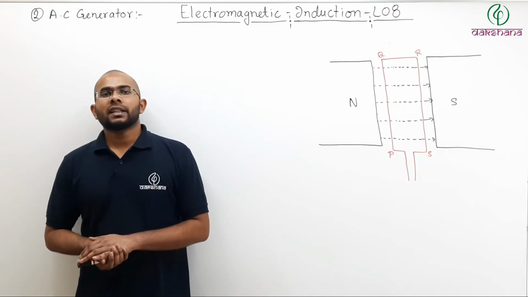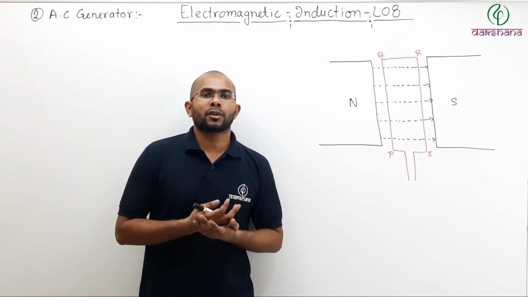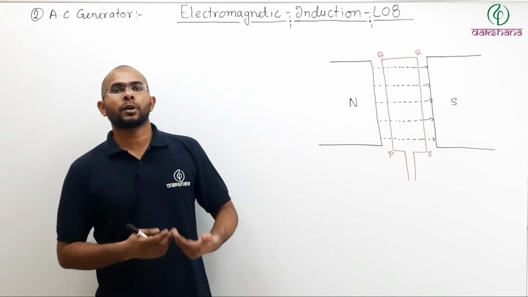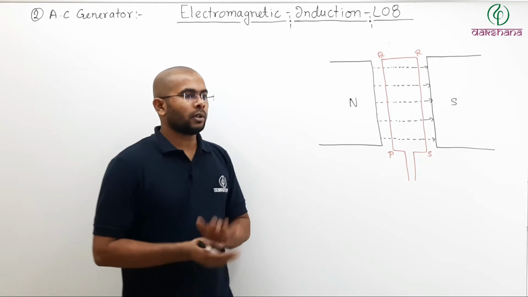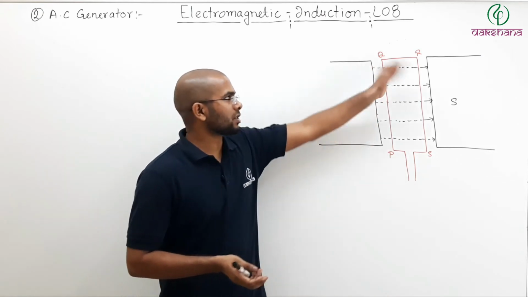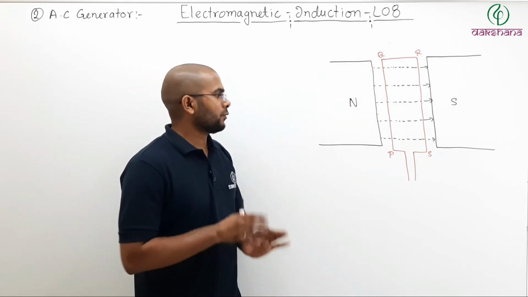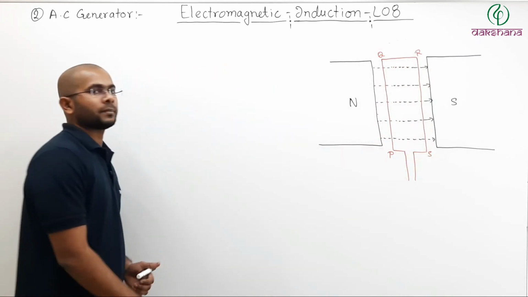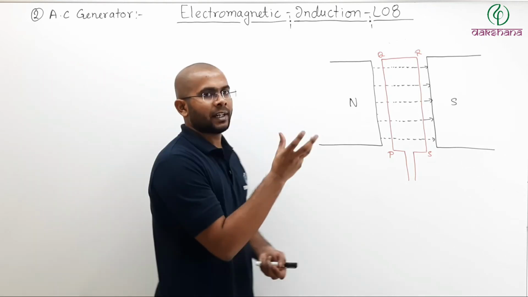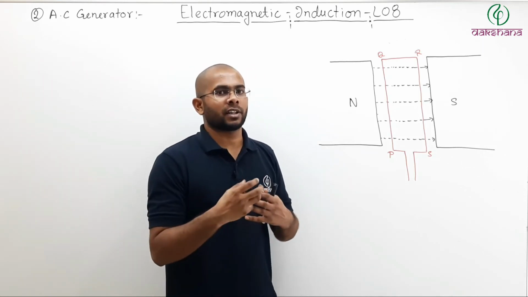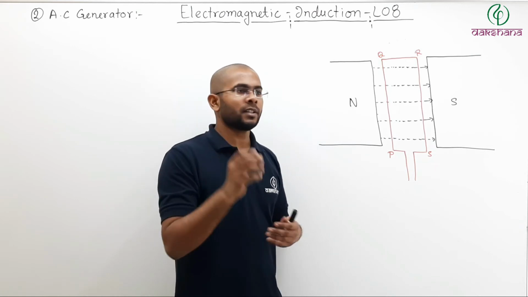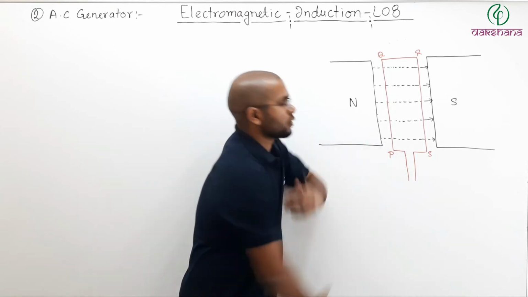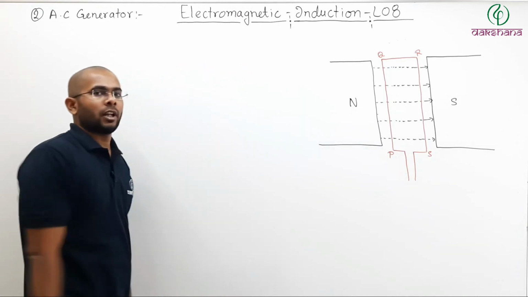Now that we have already seen the mathematical equation for the EMF generated in an AC generator, or a current produced in an external circuit, let us talk about how we can say the direction of current is changing. For simplification, I have drawn a single loop here, PQRS. This loop is rotated by an external diesel engine, not generator, at a constant angular velocity omega.